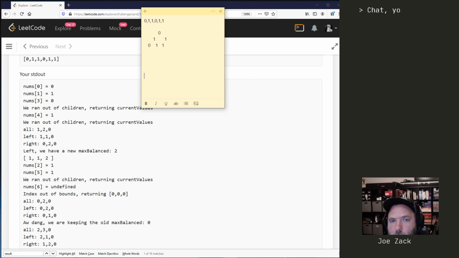So we look at the 0th item, and it has a child, so we move on. We look at the first item. It has children, sorry, so we move on. Now we look at the third index. 0, 1, 2, 3. It is a 0, and it is this 0 specifically. It has no children, so we return the current values,